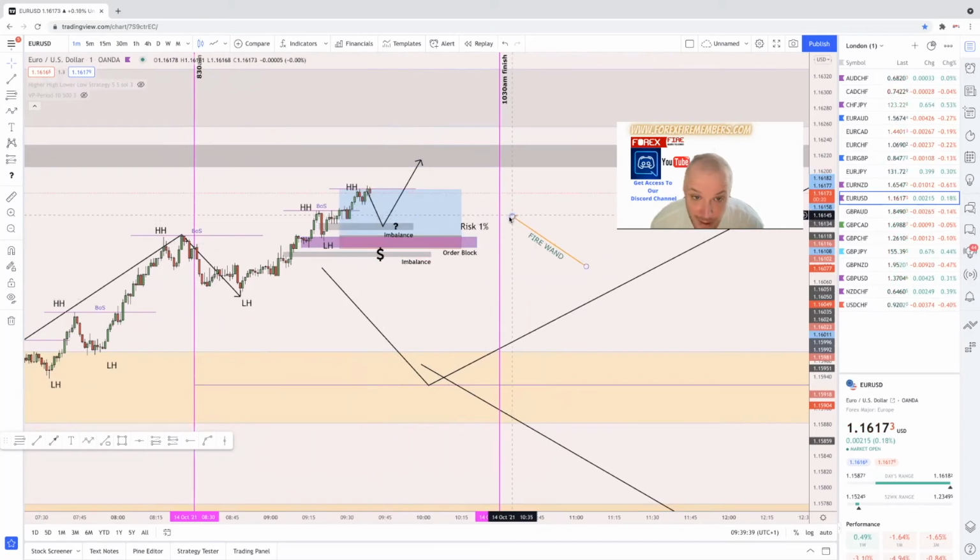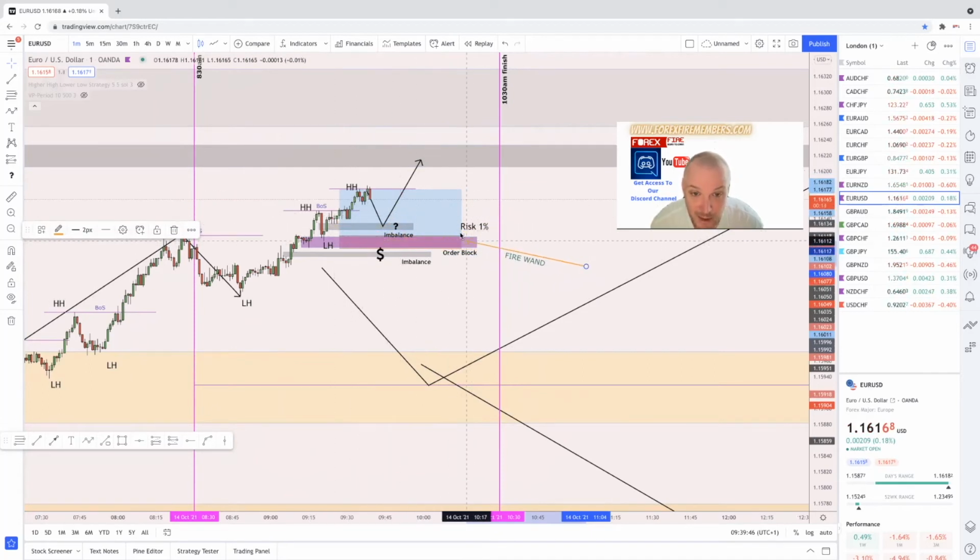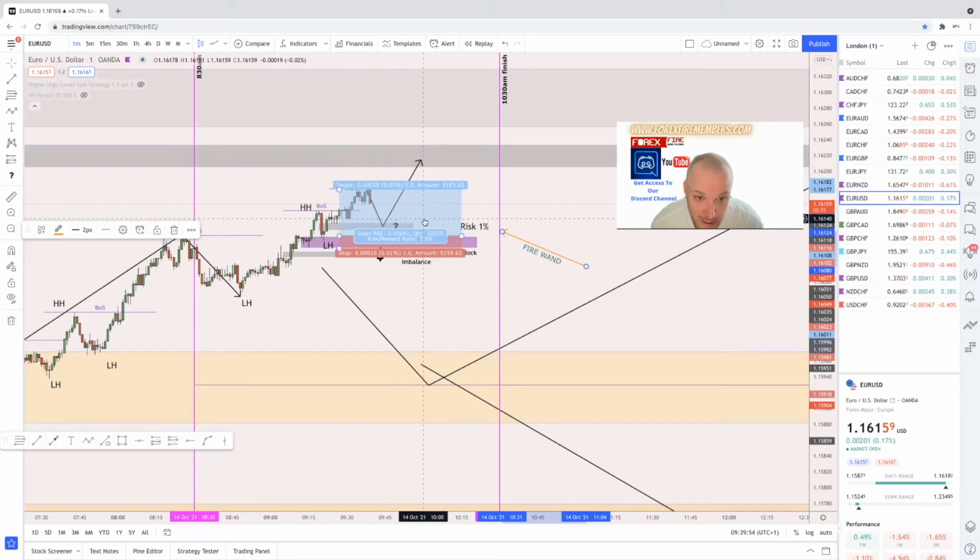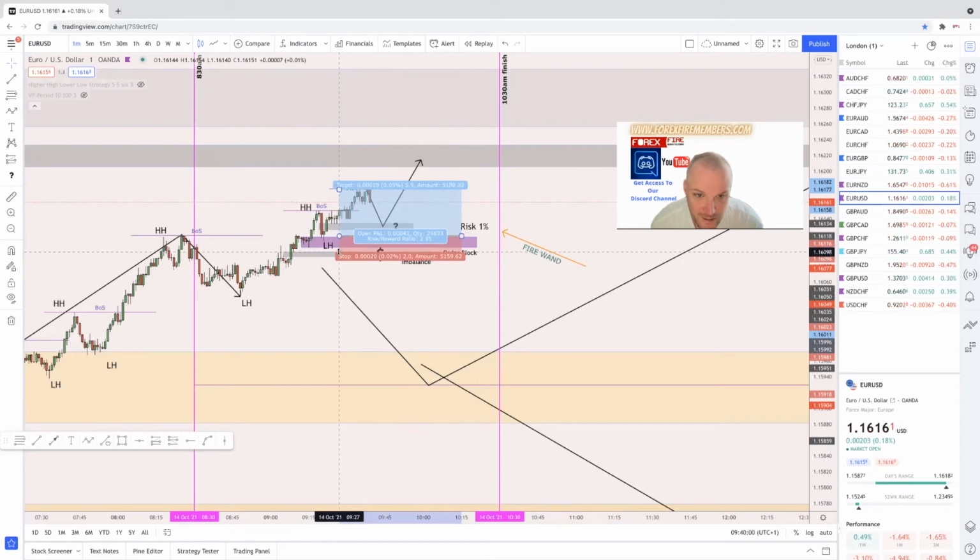I'm anticipating a move down to bounce off the imbalance to go up, but we want a better entry and better risk to reward via it coming deeper down and touching into here. From there, this will be a super tight stop loss. Again, in fact, we'll make that stop loss a little bit deeper. We'll get a 295 and we'll protect it from there.